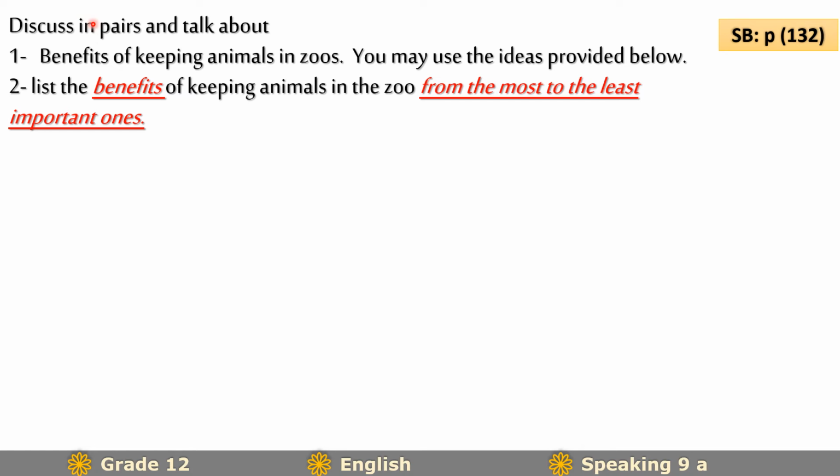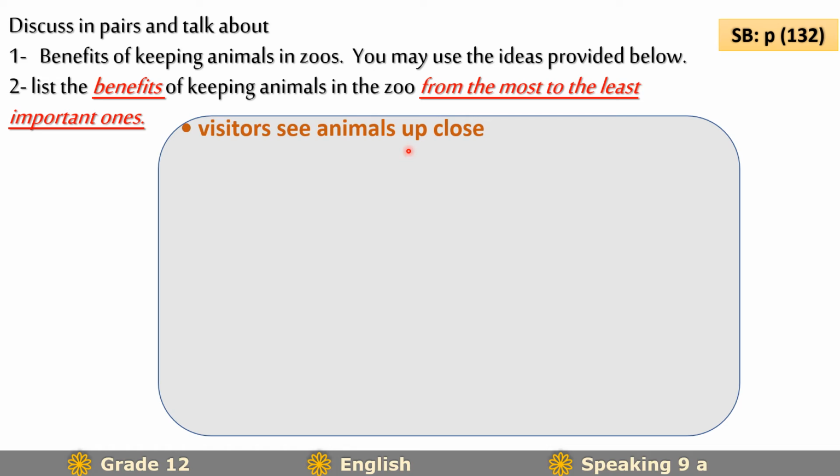And now you are going to discuss in pairs and talk about 1. The benefit of keeping animals in zoos. You may use the ideas provided below. Number 2, you are going to list the benefits of keeping animals in the zoo from the most to the least important ones. So let's have a look at the ideas